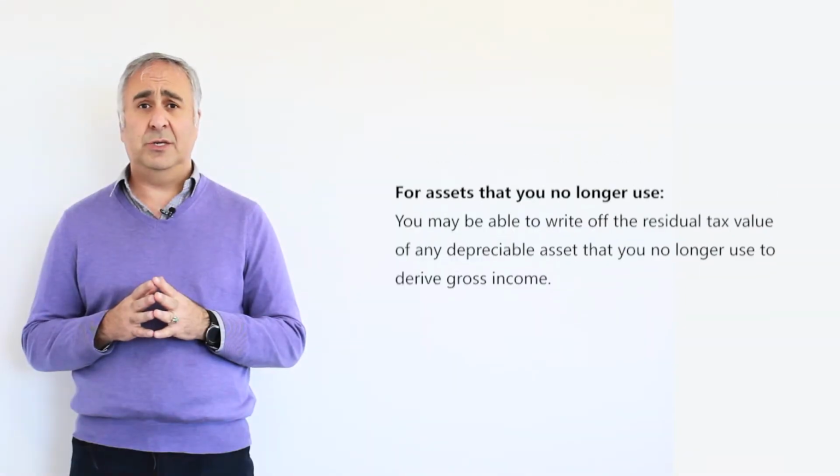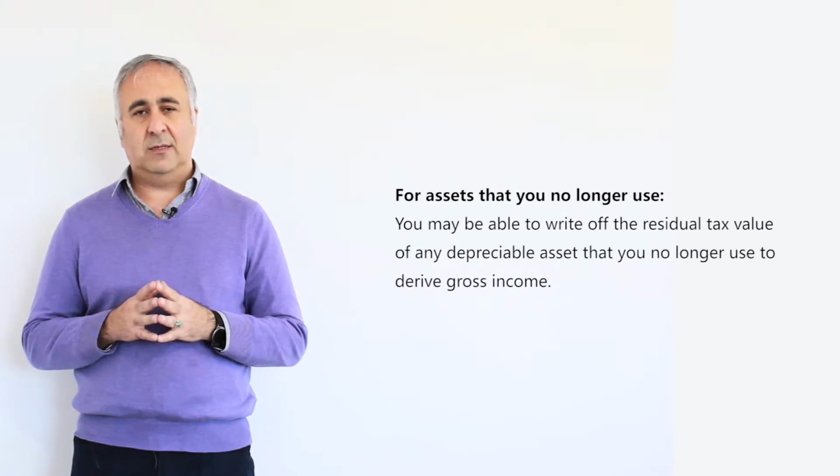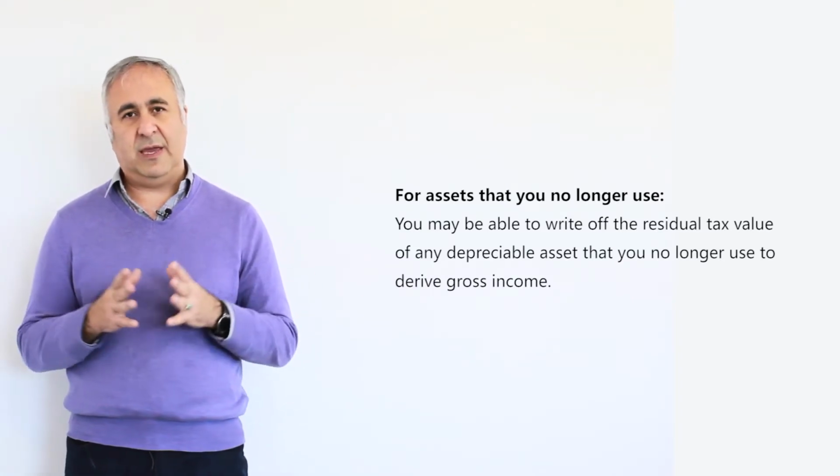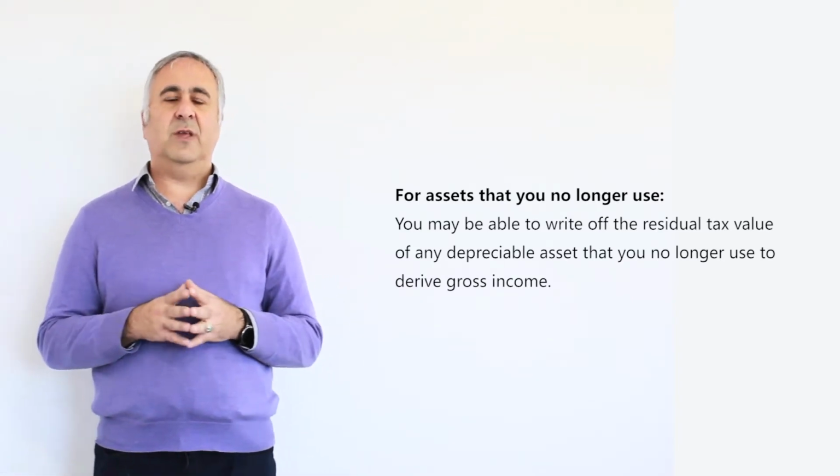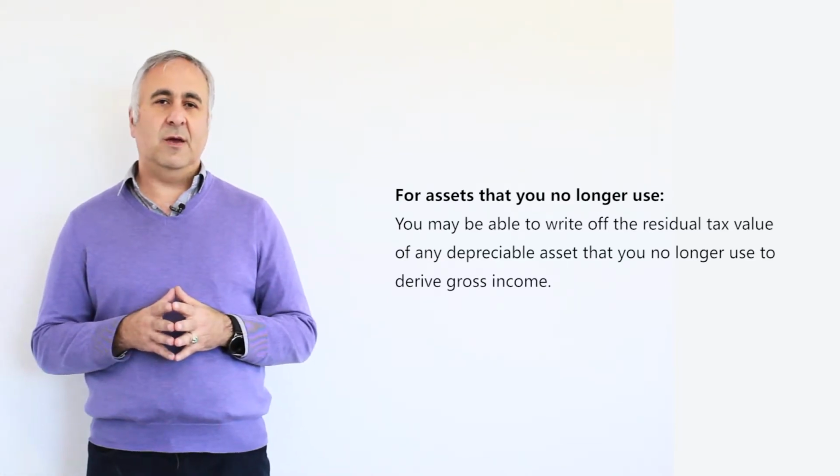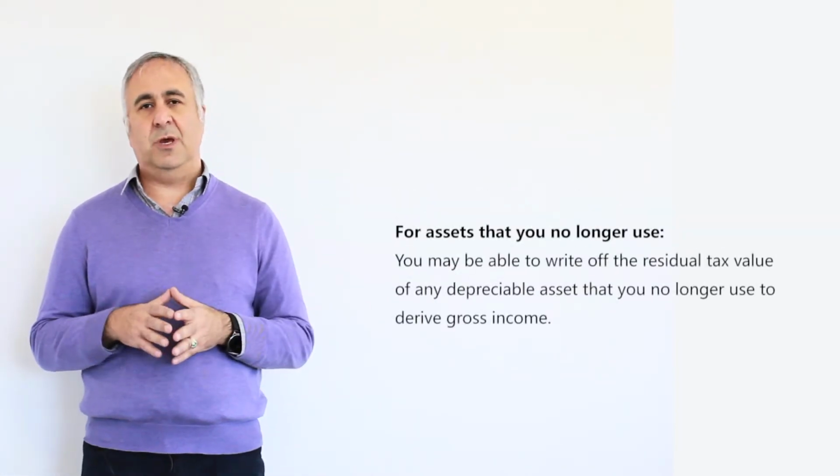So the thing that you have to be careful about with an asset: if you have a computer and the computer has gone missing, or, I don't know, you dropped it and you wouldn't have that computer anymore, you can write it off in any year. So you have to let your accountant know, or you have to write off that asset, because that asset will sit in your asset register and every year you're going to claim depreciation. So if you write it off, you can claim the remaining value of that asset that you have